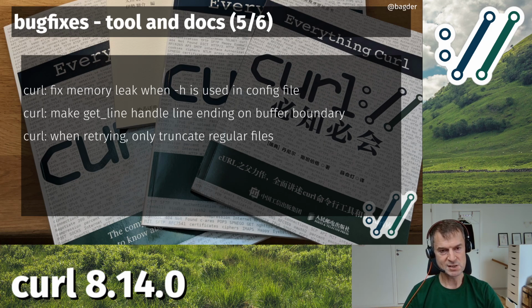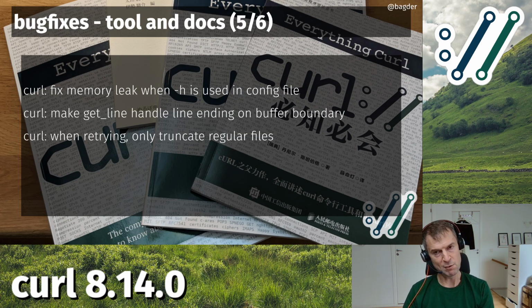And if you would then save it to a file, if you would do a download to a particular destination, and curl would say, hey, the conditions are correct, we should retry this transfer, curl would truncate that file and start over the transfer so that it wouldn't just append, because if you had received 22 bytes and you would restart the transfer, it shouldn't save the original 22 bytes. You would get them again. So curl would truncate that file. That's perfectly fine.